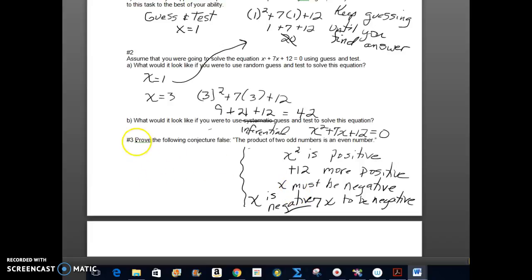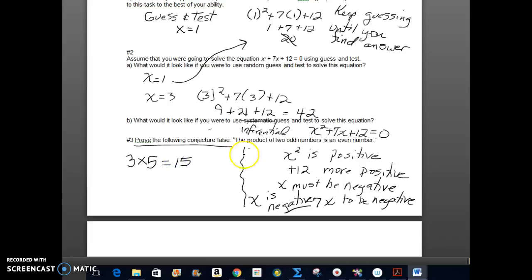All right, question number 3, prove the following conjecture false. Every time I give this exam, and I bet I will this time, I hope not, I give a question like this, prove a conjecture false. And people go crazy trying to write formal proofs, with let n equal a natural number, or they try to make some kind of concrete proof, when all you have to do is say, product of 2 odd numbers,